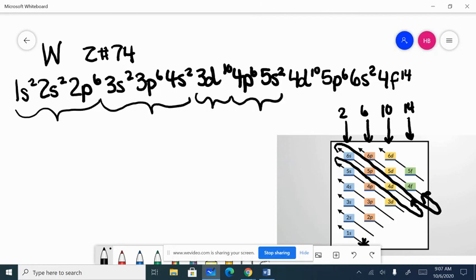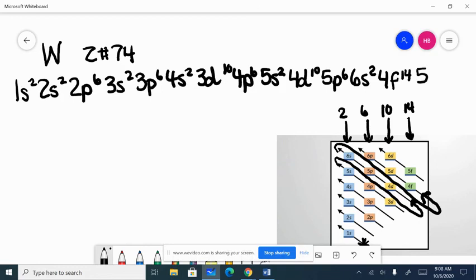So 10, 20, 38, 48, 56, then on to 70. So once I count up that I'm at 70, I know I need 4 more, and those 4 more are going to be in the 5D sublevel,